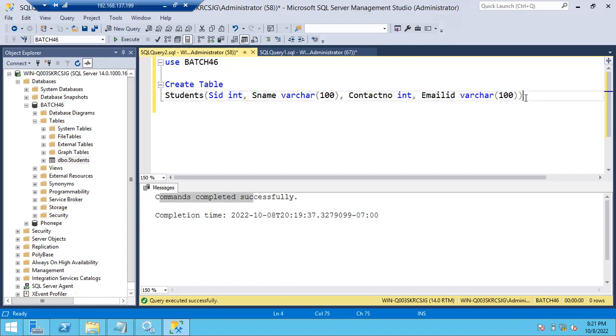Now I want to insert the records. Now the table is created, right? Let me open the table. What is there inside this table? How to open it? How to read the table? You have to use a select query. Select star. Star means what? All the columns. Star means all the columns. From which table? From